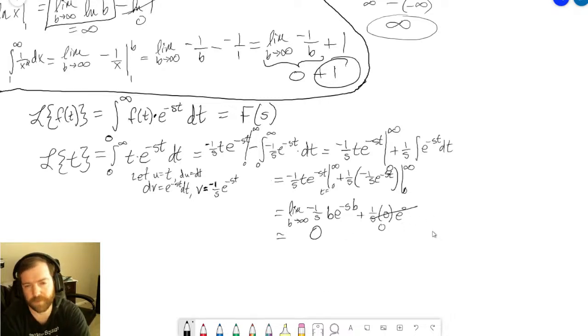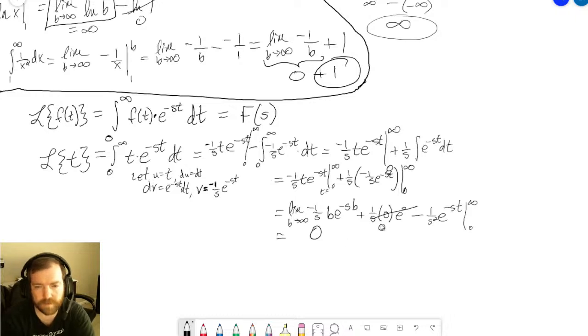Minus. All right, we end up with this piece here. We have 1 over s times a negative 1 over s, which is a negative 1 over s squared, e to the negative st, evaluated from 0 to infinity, which is again going to be negative, plug in, all right, so a minus 1 over s squared e to the negative s, and again this is going to